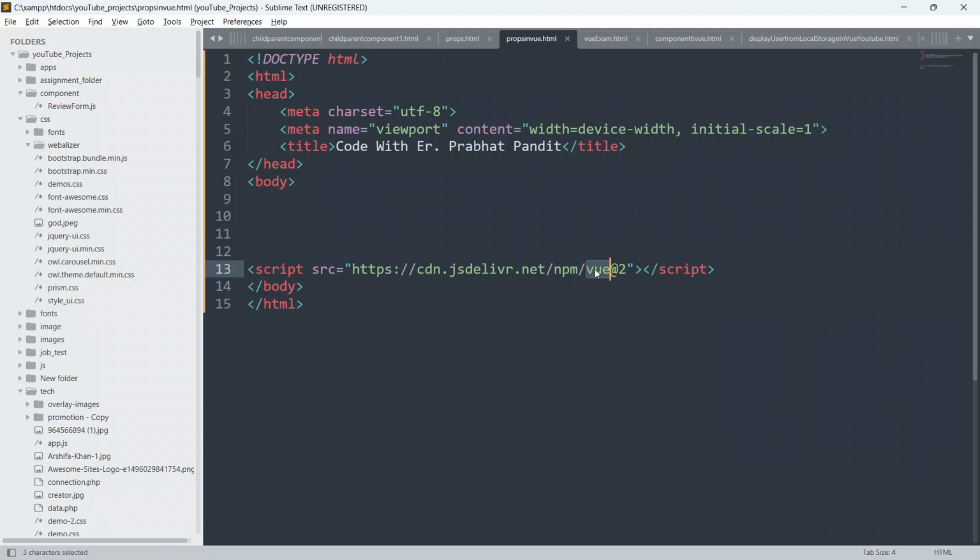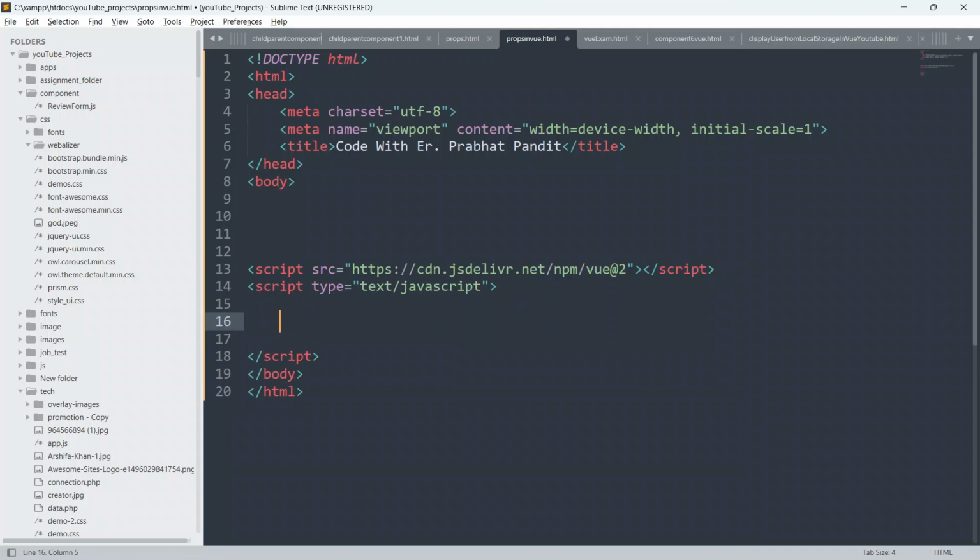Now we have to write our script. So I'm gonna create a script tag first. You all know that in order to create a component, we have to use a function, Vue.component.